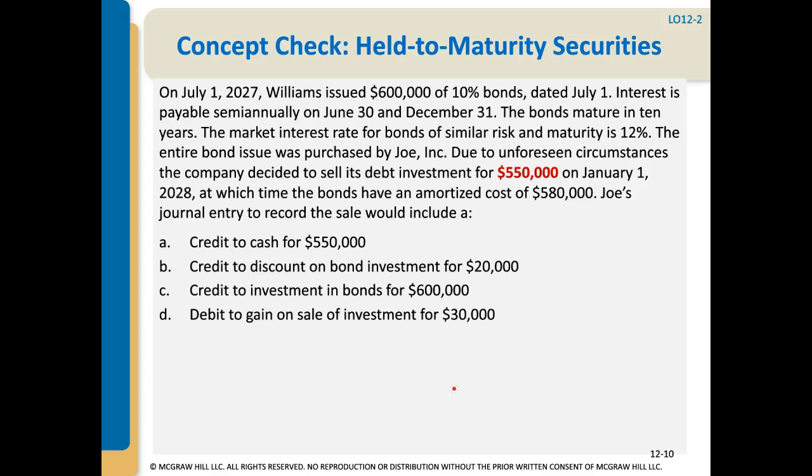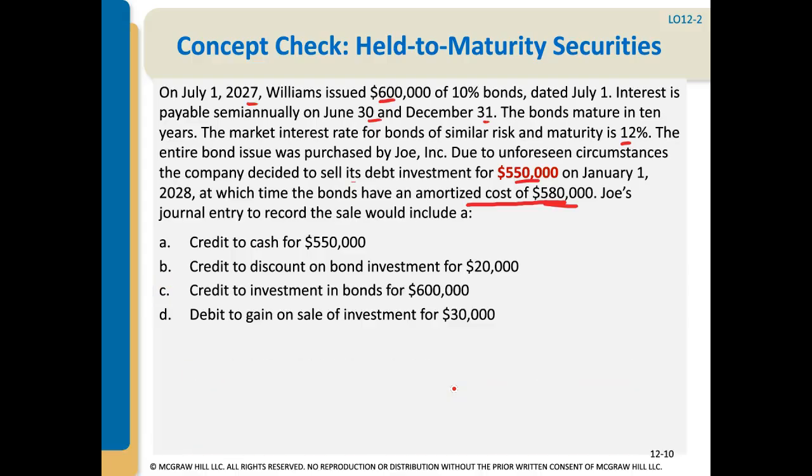Let's do a concept check. Williams issued $600,000 of 10% bonds dated July 1. Interest is paid semi-annually on June 30th and December 31. The bonds mature in 10 years. And the market interest rate for those bonds when they were purchased was 12%. The entire